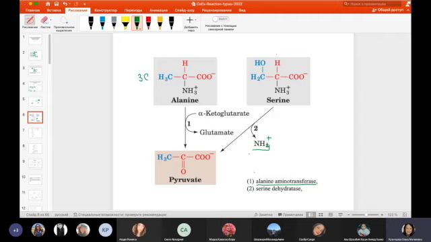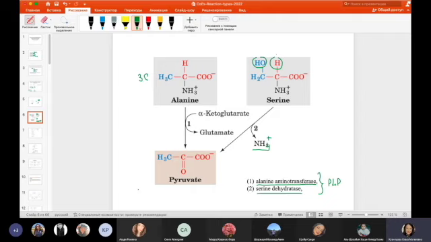Direct elimination of ammonia, and it is hydrolytical deamination. The OH group and H group are eliminated in the form of water. Serine dehydratase catalyzes this reaction, and serine dehydratase and alanine aminotransferase both require participation of PLP as a coenzyme. They are